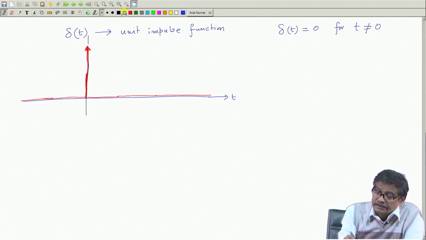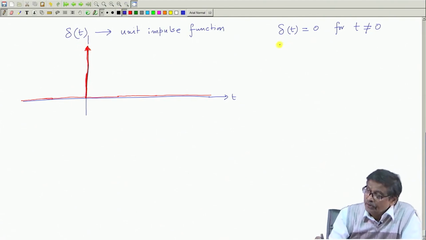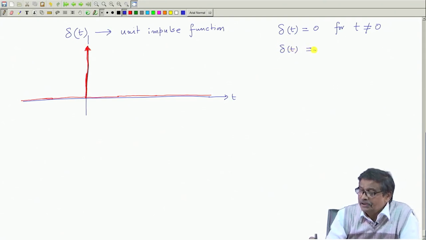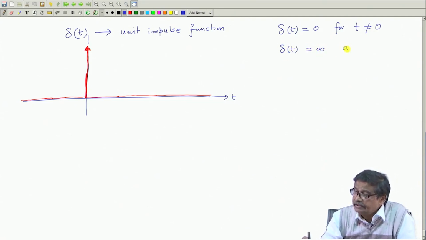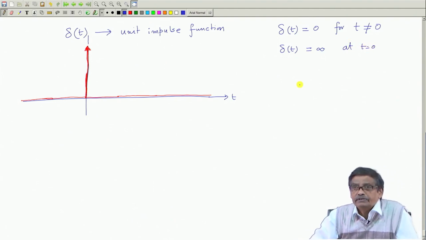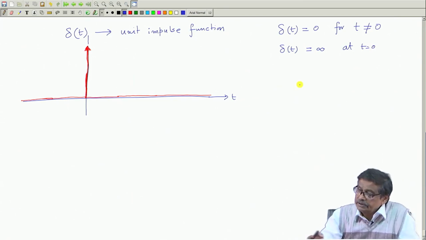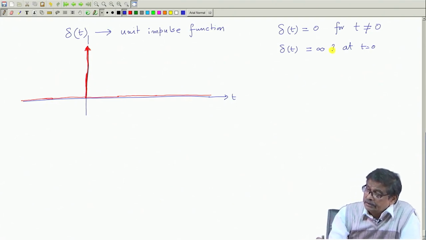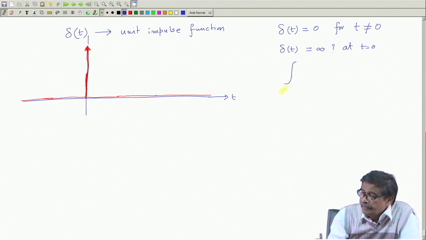Therefore, the second thing is there is no point in writing delta t. I mean, somebody may say one can write delta t equal to infinity at t equal to 0, but what is the point of dealing with such a function, because infinity is not any finite number? But what is true is this: the integration of delta t, the area under the curve, delta t dt,